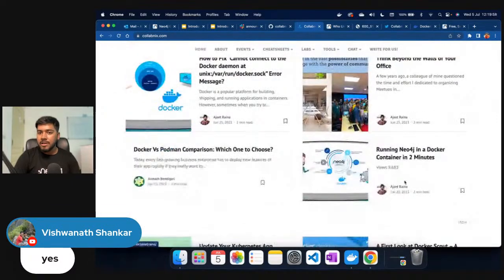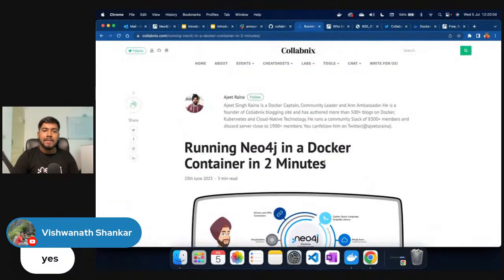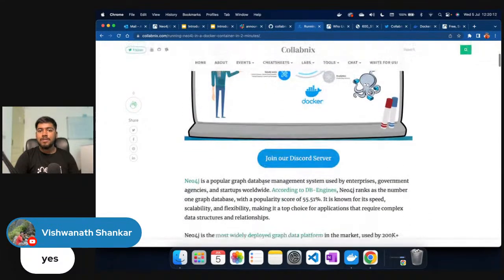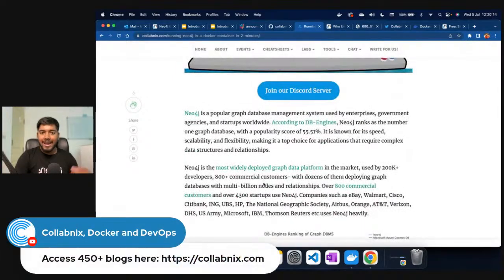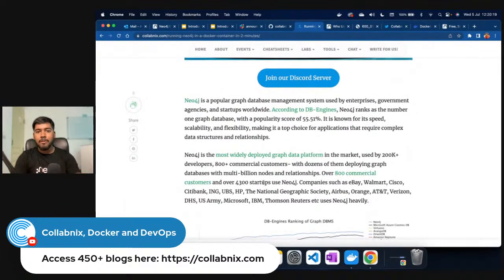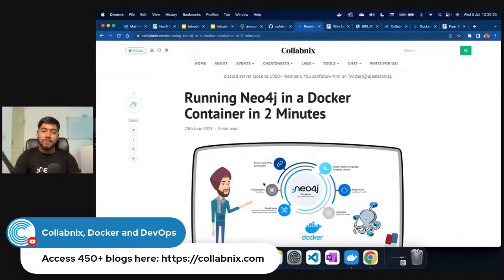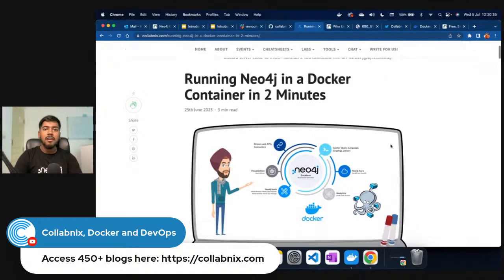And Ajit sir has a very good coverage on running Neo4j in a Docker container. And we are going to do something very similar to run Neo4j using our Docker container. But instead of just running a Docker container, we are also going to access it within our Docker Desktop application. No need for a web browser or to download any binary. We will have a Docker container for Neo4j, but we will also have access to the browser UI, which we are going to use today to work with a graph database and understand it in detail, why it is needed, how it works, right? So